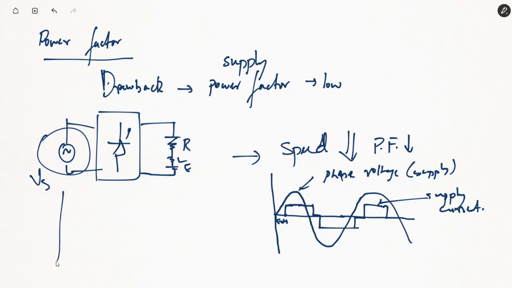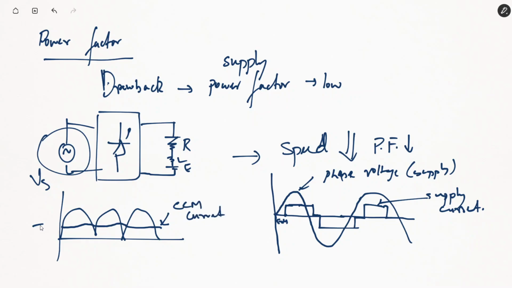If we talk about this same circuit, the load voltage will be something like this. The load voltage profile will be something like this, while the current for a continuous conduction mode will be something like this. Fine. For a CCM, current is like this. This is the load current, and this is the load voltage. Supply voltage, supply current will actually follow the load current. So from here to here, as long as your